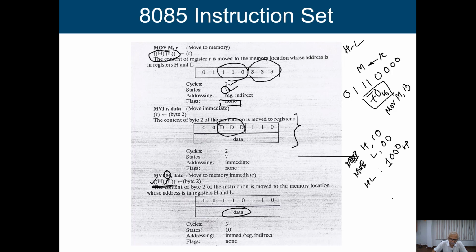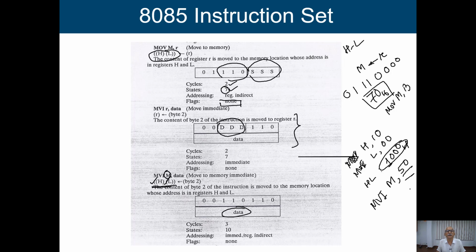After that, if I write MVI M, 50, then what will happen? This is the data 50 that I am having. We are going to transfer it to some memory location. So what is that memory location? This memory location is 1000. In the 1000 memory location, we are going to put this data 50.